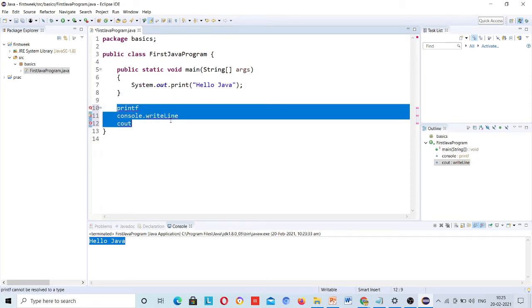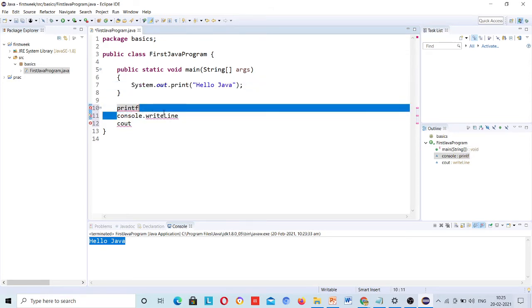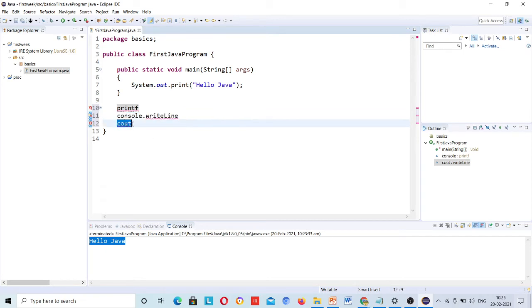So here these are printing statements, printing something in the console. Just like here you have System.out.print inside Java for printing anything inside the console, because we have to start basic programs from this week, so we should know how to print this, how to print that. Just like in C we have this, just like in .NET we have this, just like in C++ we have this. Similarly in Java, System.out.println.